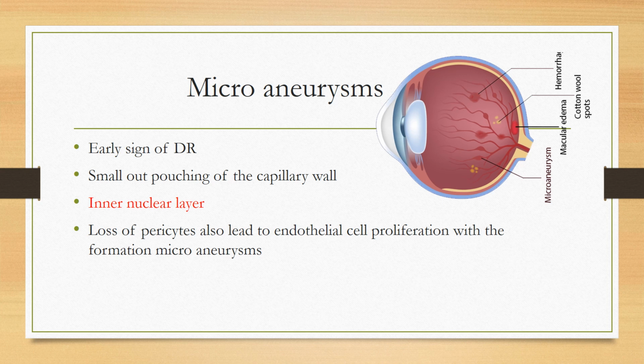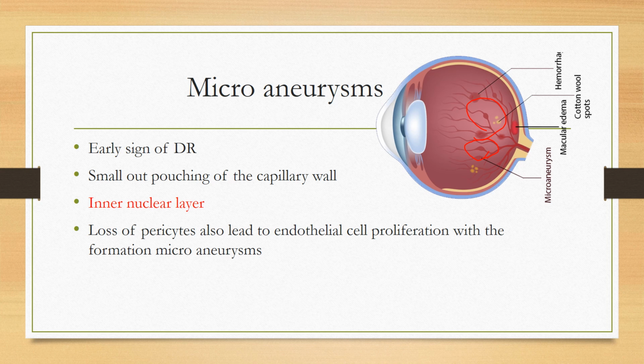Blood has a particular pressure, that's the blood pressure. So the blood is flowing within the vessels with a particular pressure. When it is flowing within the blood vessels, if there is a thinning out area, a weakening area due to loss of pericytes, it will start to bulge like a balloon. Those bulgings are called microaneurysms. Microaneurysm can lead to leakage, but a microaneurysm is not a leakage. It is just a bulging of blood vessels.